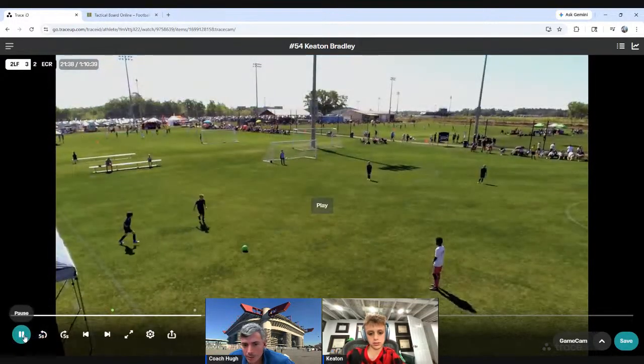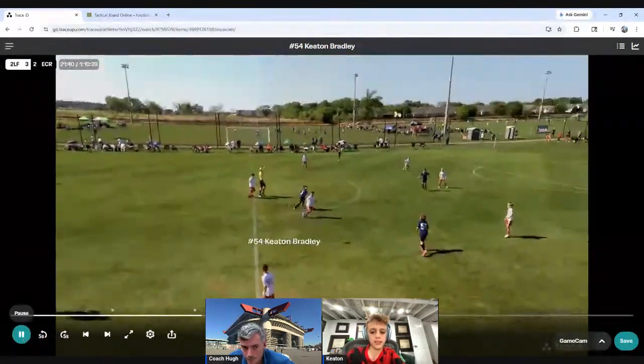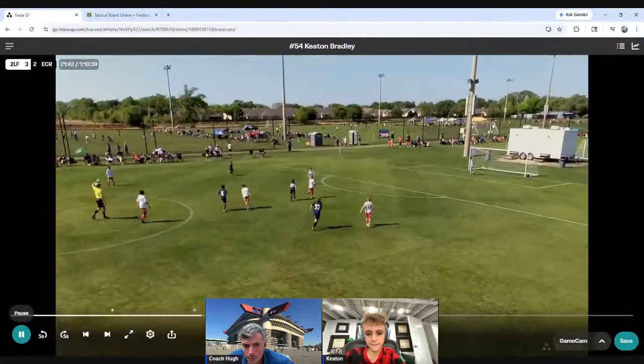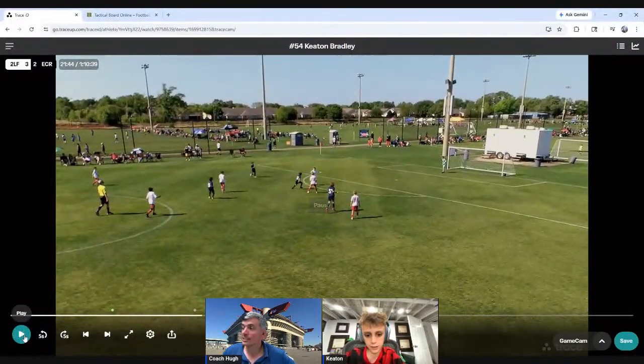Could he have let it bounce maybe another time and got it with his foot? Yeah. So bounce one, bounce two, chesting it forward right into the path of the other team. If I were him, I would have maybe taken a half a step back, taken it on my foot. That would have been easier. It's to the ground. And then use Zane and open up.